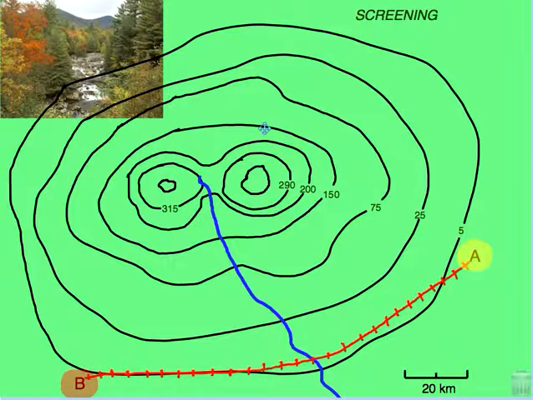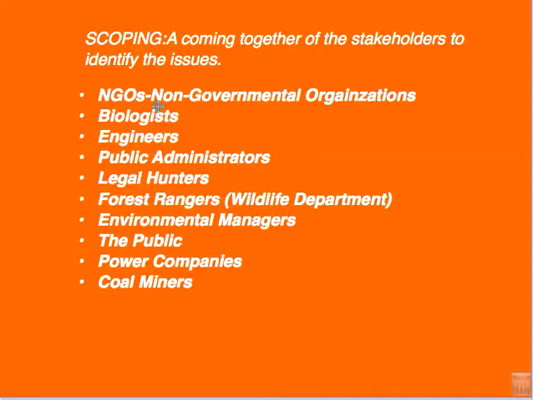In most countries with EIA, a project of this scale, shown here in this map with these two peaks representing our mountains and all of this area here, the pristine climax forest, and a railway line for connecting town A to town B, where you will have coal mining. A project of this scale is likely to qualify for a full environmental impact assessment. And what follows from this is